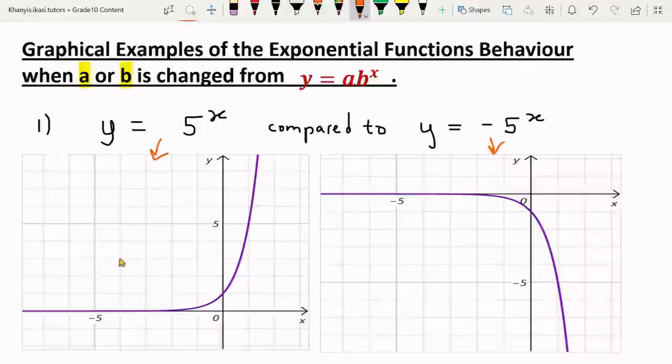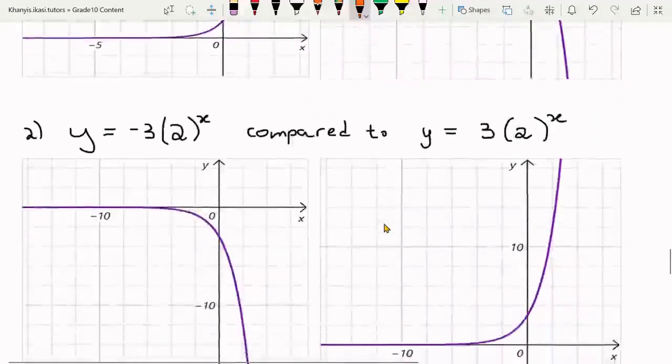Notice that when it was positive, it was above the x-axis, on the positive side of the y-axis. But because it is a negative, now it's below. So be aware, when it's positive, it should look above like that. If it's negative, it should look below like that. Okay? Another comparison,